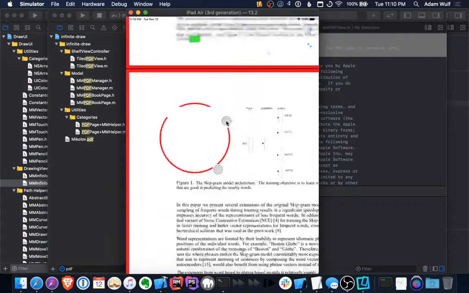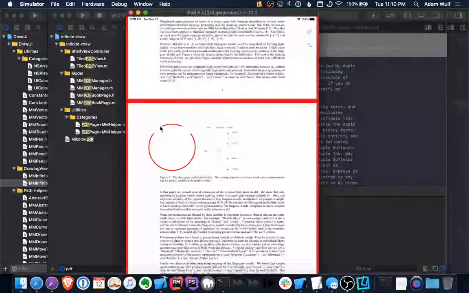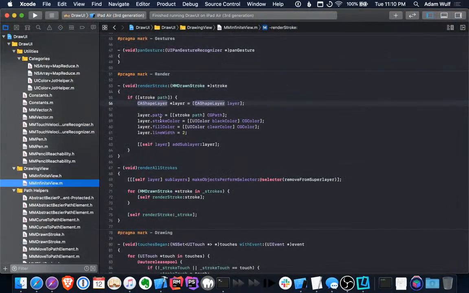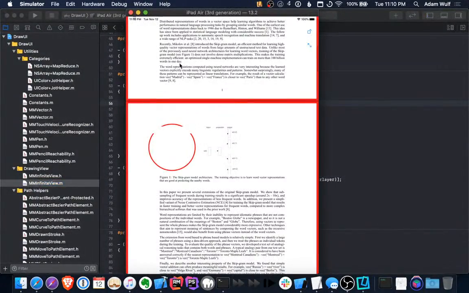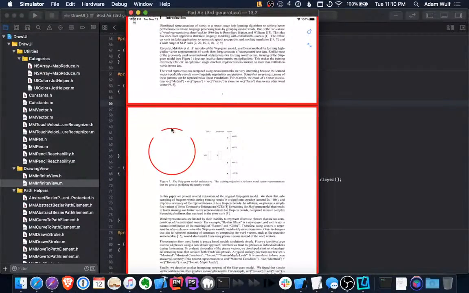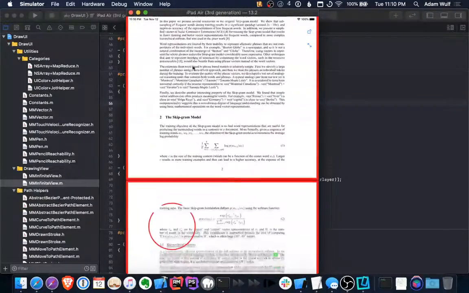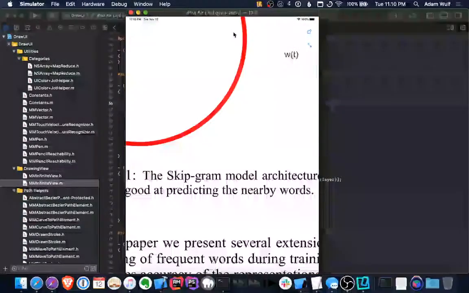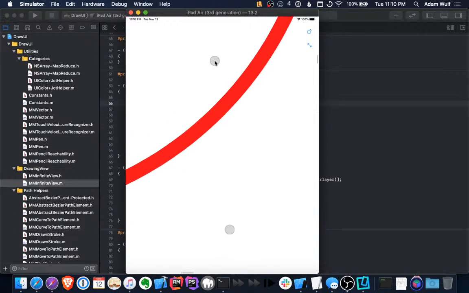And so what I would like to do is use this same CAShapeLayer rendering, which is what I have here. And of course, there's a bunch of other different ways to render as well. But I was really happy with how this turned out, how easy it is, and how easily zoomable it is. Because what that's doing is, this pinch is just a transform on the view that holds that layer. So it's just a transformed layer, but you get a really